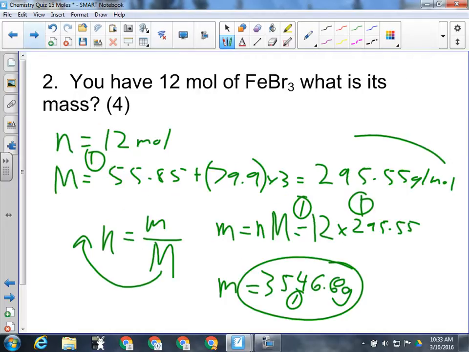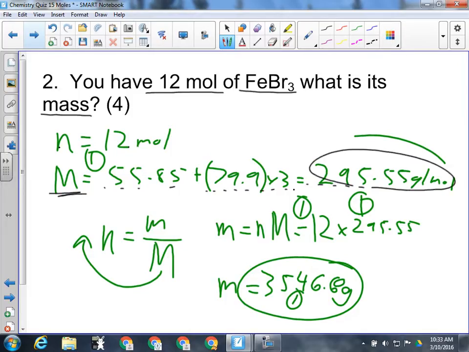For question number 2, we're being asked to find little m, mass. We're told we have 12 moles, and we're told that it's iron 3 bromide. So give them a mark for their givens. n was 12 moles, and we have to calculate the molar mass of iron 3 bromide. Iron's 55.85, and here's our 3 bromines, 3 times 79.90, and that gives us a molar mass of 295.55